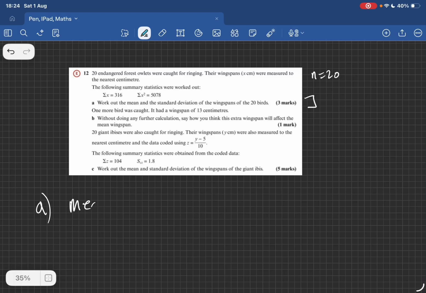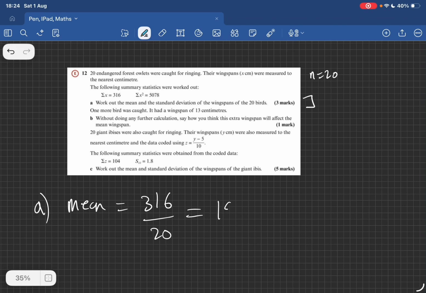So our mean is going to be 316 divided by 20. Let's put it in our calculator. 316 divided by 20, we get 15.8. And I know in quite a lot of my videos I don't put units, but always add your